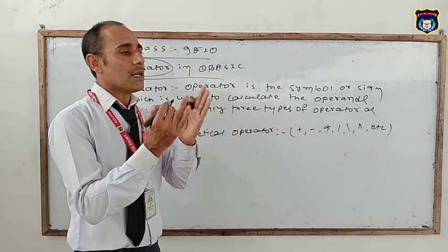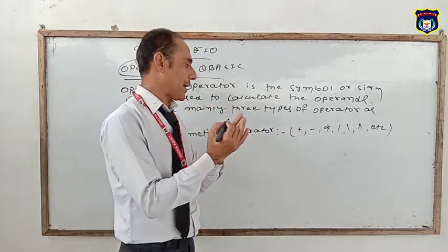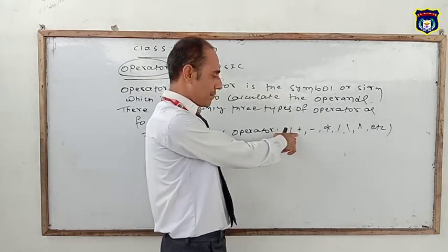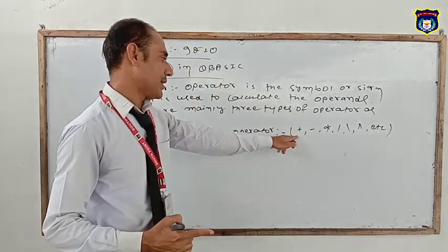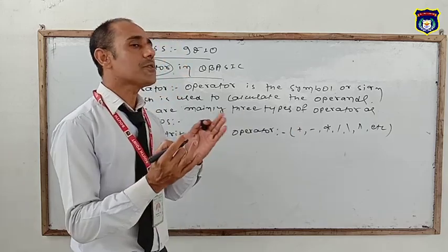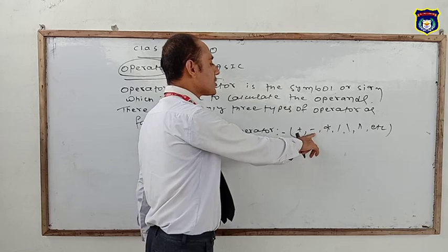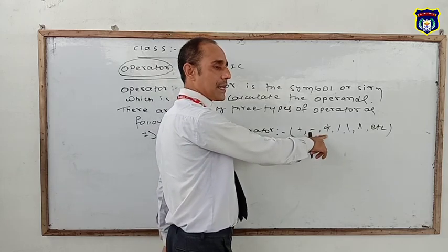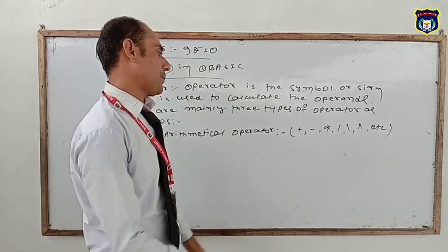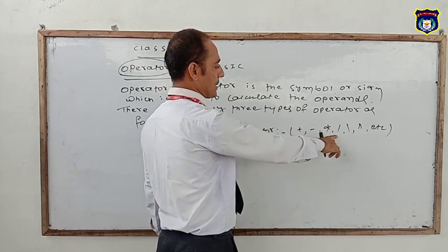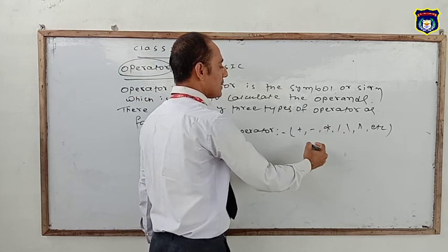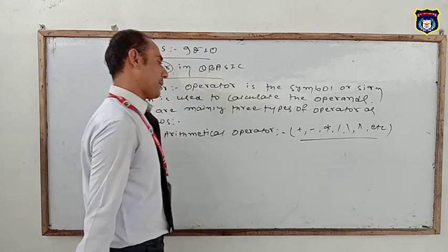When you have to calculate two values, two operands, then you have to use the plus sign, that is add. It is called the subtraction if you want to subtract A from B or B from A, then you have to use the subtract symbol. This is for the multiplication, which is used to calculate the multiply of two numbers. This is called the division. This is called the integer division. So these all are called the arithmetical operators.